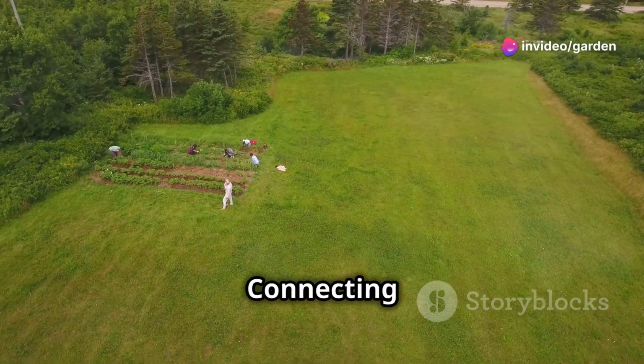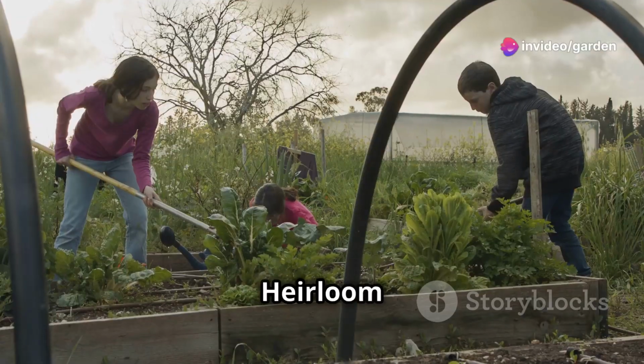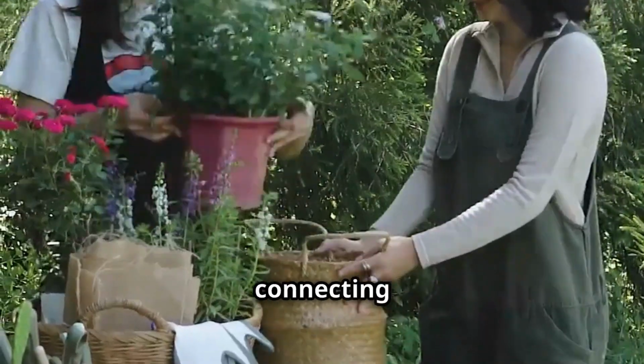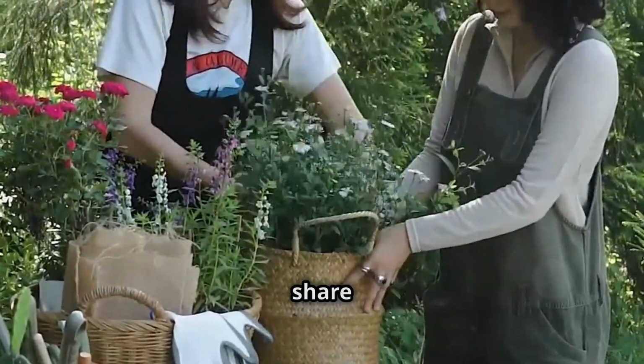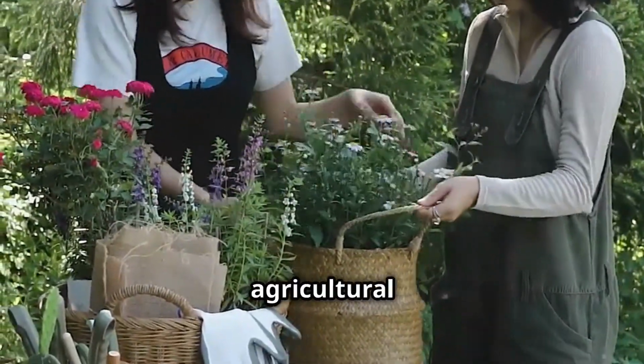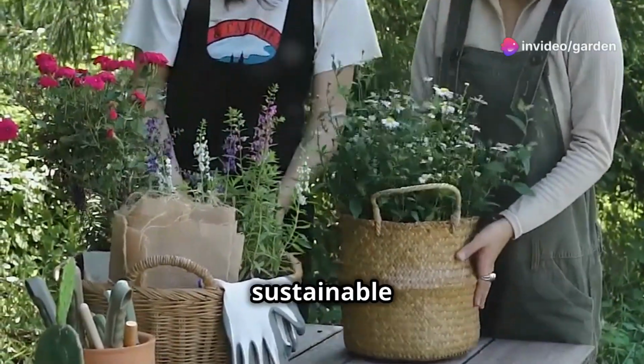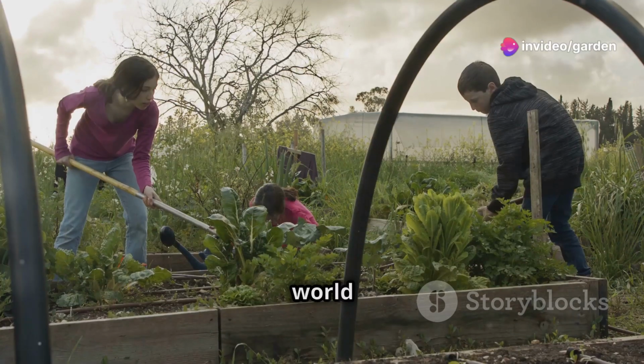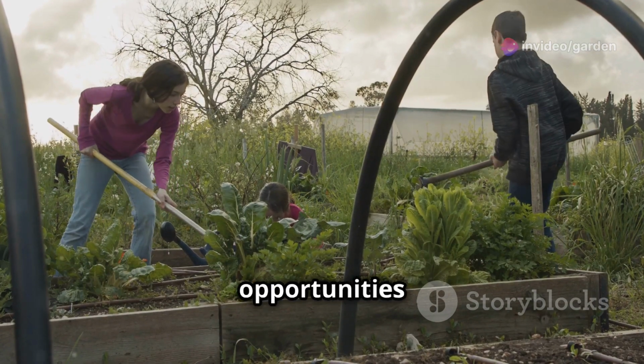Heirloom gardens, connecting with community. Heirloom gardening is more than just a solitary pursuit. It's a gateway to connecting with like-minded individuals who share a passion for preserving our agricultural heritage and building a more sustainable future. From local seed swaps to community gardens, the world of heirloom gardening is alive with opportunities to